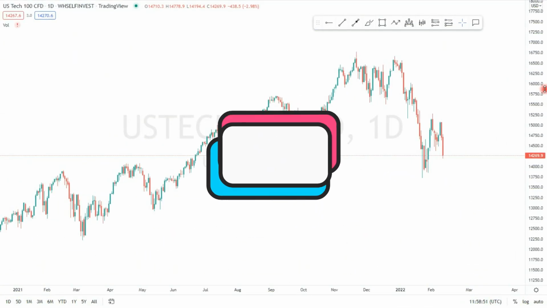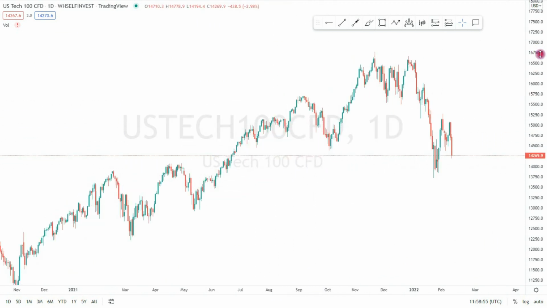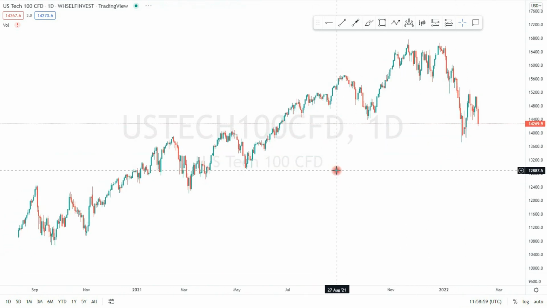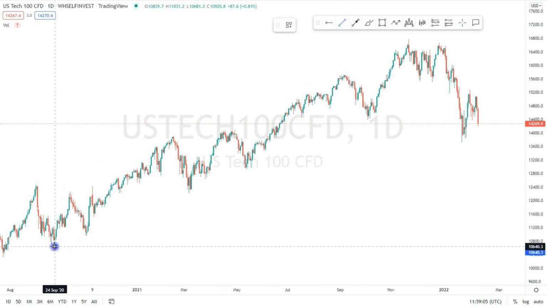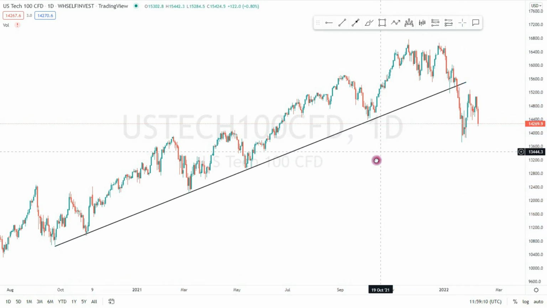As you can see right here, I have US Tech, well known as NASDAQ. So we're going to start on a daily time frame. Just let me know guys if this theme is good or should I go back to the dark theme. I can see I have this uptrend right here,